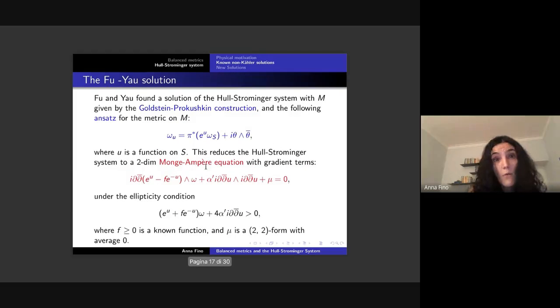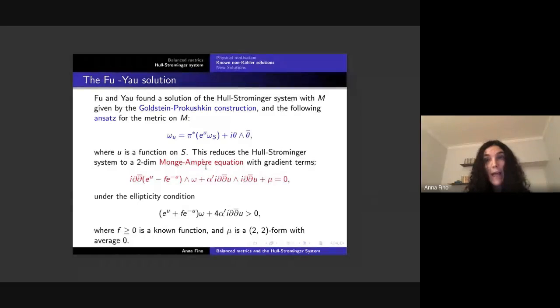What Fu-Yau found is essentially to use this Goldstein-Prushnik construction, and for looking for the metric for the solution of the Hull-Strominger system, they use this ansatz. So they modify the omega that we considered before. The part given by i theta wedge theta bar is not modified here. They just modify omega S, multiplying omega S times the exponential of a scalar function on your base,